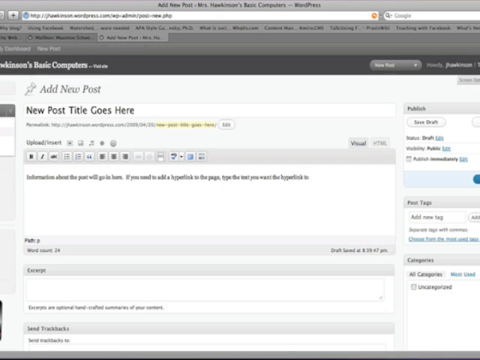One of the options we have is to include hyperlinks. So if you have some information you want to share and there's an example or a website that talks about it, you can link to that website. And the only thing you need to do is type out all your information. And once that information is completed, and if you watch the screen now, I'm making a correction real quick, adding some text, and then I'm going to go back and highlight the word hyperlink. And I'm going to click on the hyperlink button,